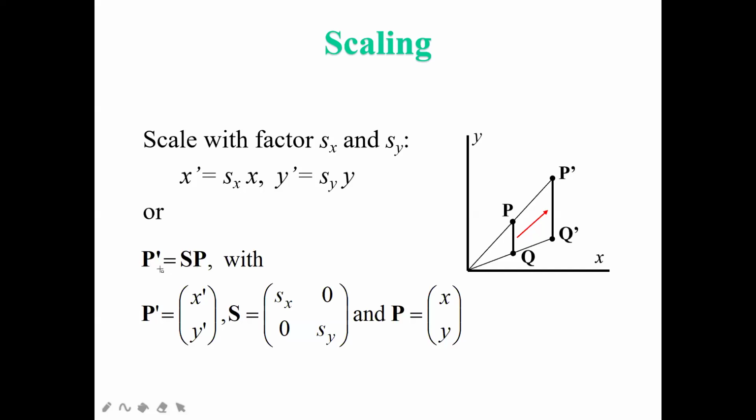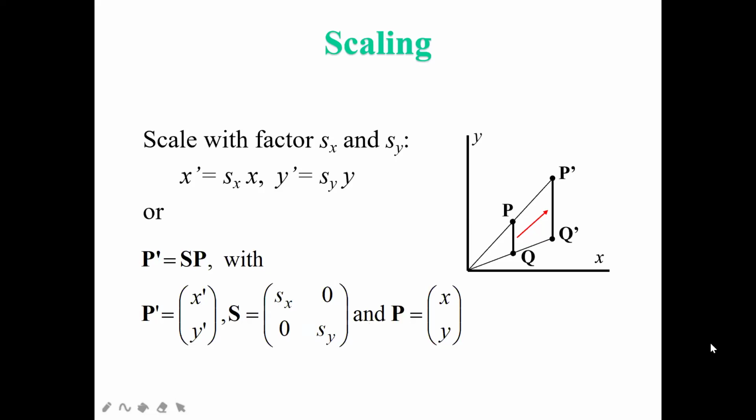Okay, you are multiplying, where this p dash value will be x dash and y dash. In matrix form you have to write it this way, and your p value I have already told you, x and y in this matrix form. The scaling factor will be on the diagonal because it is in a 2D plane. So on the diagonal you have to keep sx and sy, because this is the x value and this is the y value, so I cannot place it over here, I have to place it in my y value. So the matrix form will be sx 0, 0 sy.